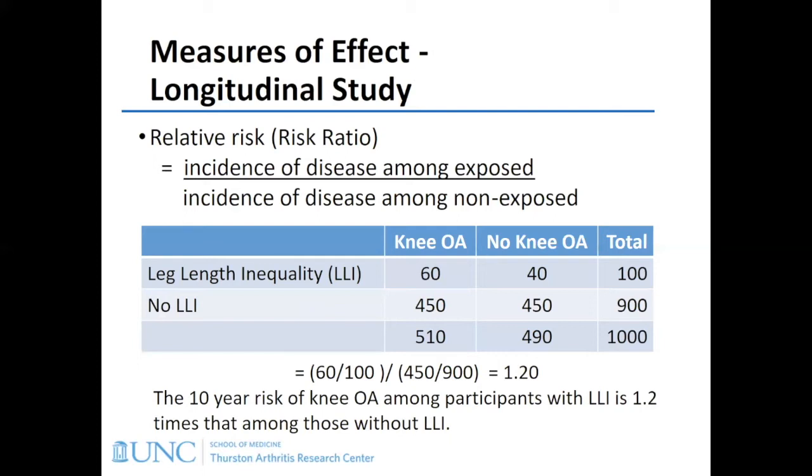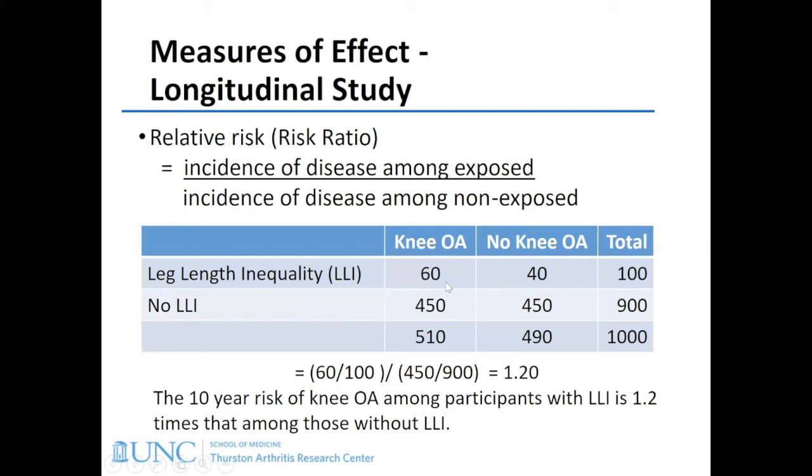And then the next one is relative risk, or the risk ratio. So this is also calculated in the same way as how we would calculate the prevalence ratio, except this time we're having to make it clear that we're looking at a certain time period. So in this example, it's a 10-year risk of knee osteoarthritis. And then as before,